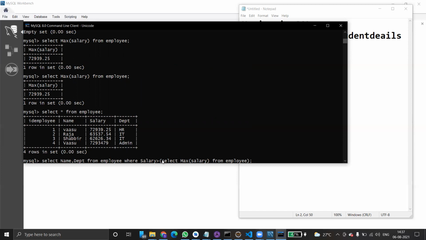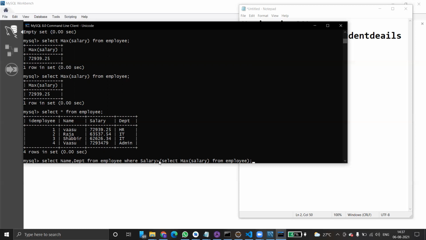We can also use a comparison operator. Here we have used a comparison operator, right? Greater than, equals to, not equals to, in, any, some, all. These are comparison operators. We can use these comparison operators before the subquery starts. Especially the multi-row operators are very useful when the subquery returns more than one row.